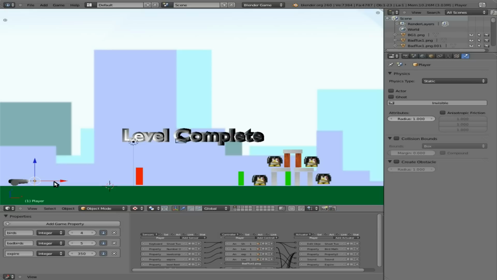And if we have that super tux turning into bad tuxes, we need to set it so that each one of these guys adds to that number. So what I'm going to do is set bad birds equal to 0. And what this number does, basically, when it gets to 0, the level is complete. So if I press P here,